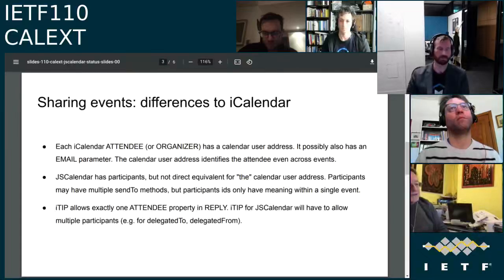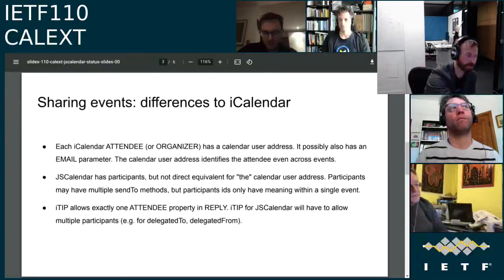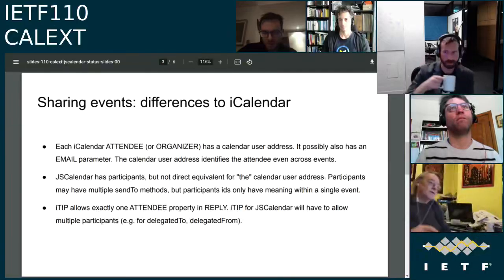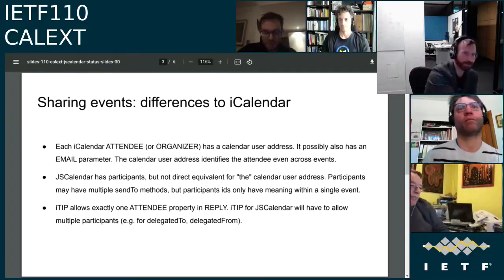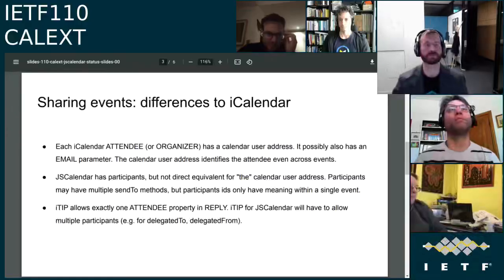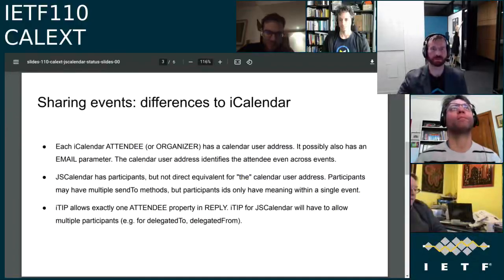So Apple's practice at the moment is to send you something where the email parameter is the actual iMIP address you're using. That's not what the actual spec says. It's not what the author of the spec says. Yeah, that seems more like a bug rather than something to try to bend ourselves in knots to support.